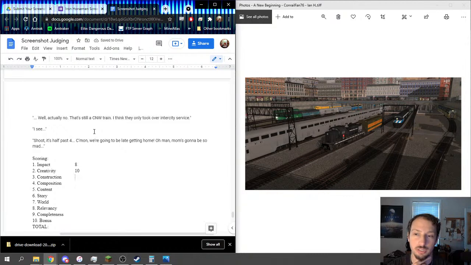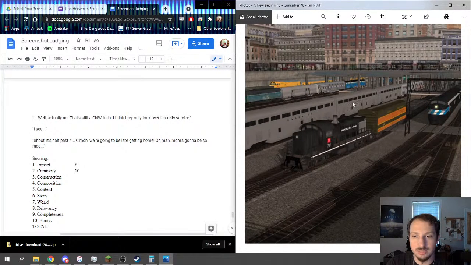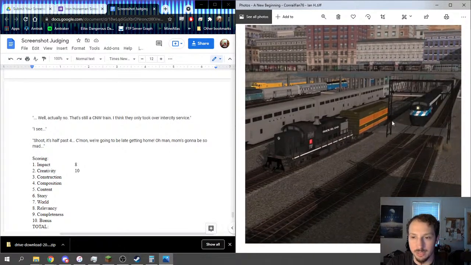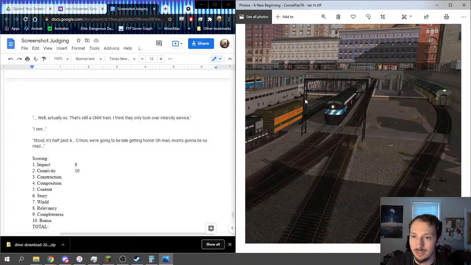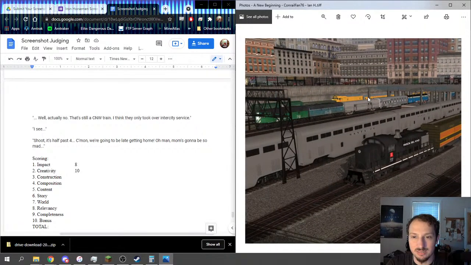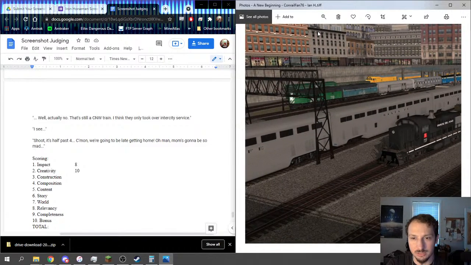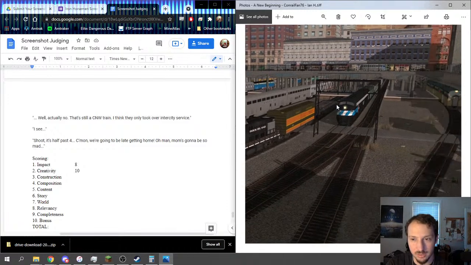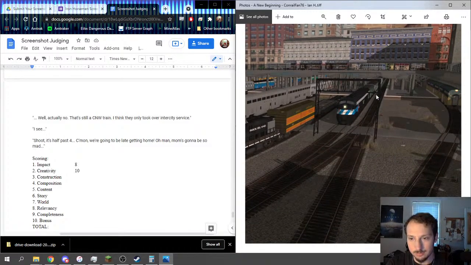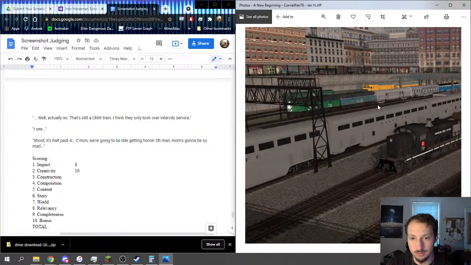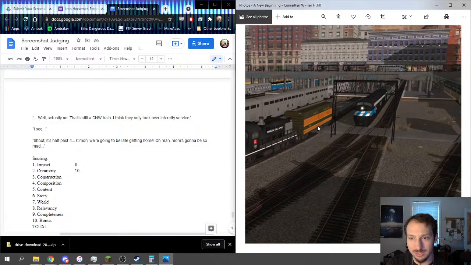As far as construction goes. Now, obviously, I know we don't have a lot of good high-rises, and obviously I know that not only is this slightly inaccurate, but the buildings in the back aren't perfect. But it makes a convincing city scene. Now, the only thing that is not perfect is the way the buildings sort of line up to one another. The way that, even the way this looks is fairly convincing,